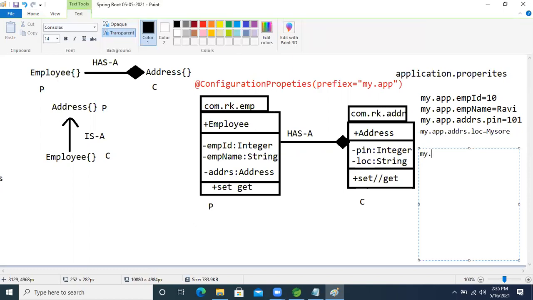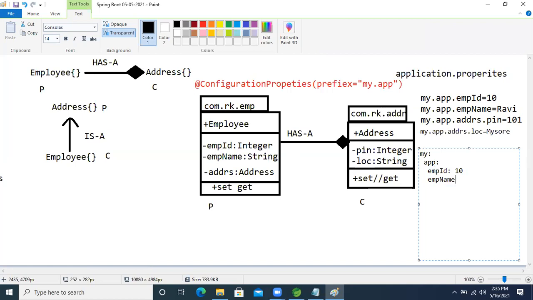My colon, then one space, then app colon. Now enter it. Inside employee, empId colon, one space, I'm writing 10. Now enter it, same indentation, guys. Then empName is there, right?